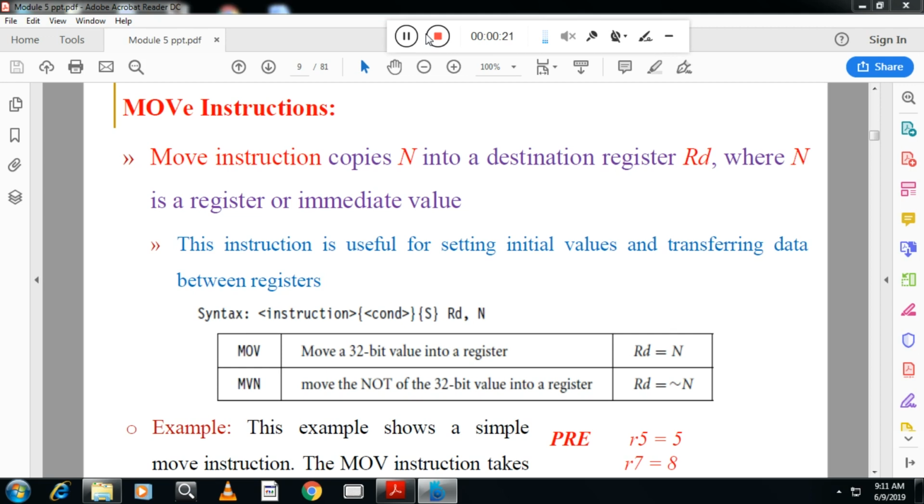Today we will discuss the move instruction. So what is the move instruction? The move instruction copies n into a destination register RD, where n is a register or an immediate value. You can see here